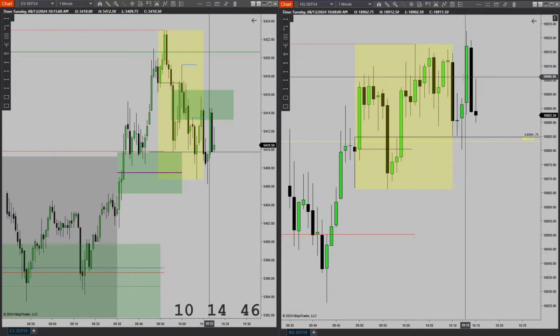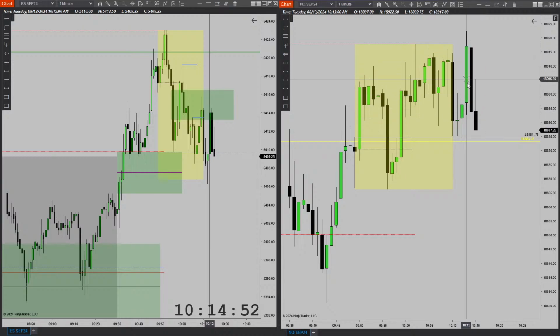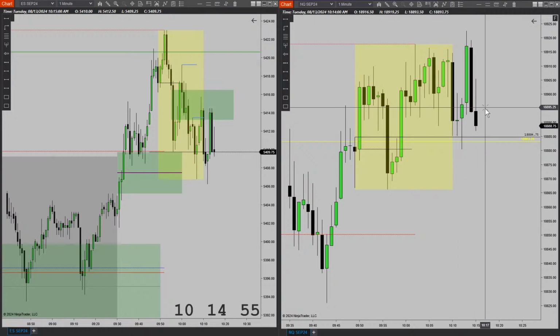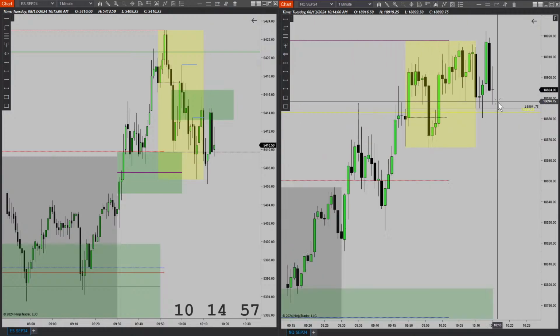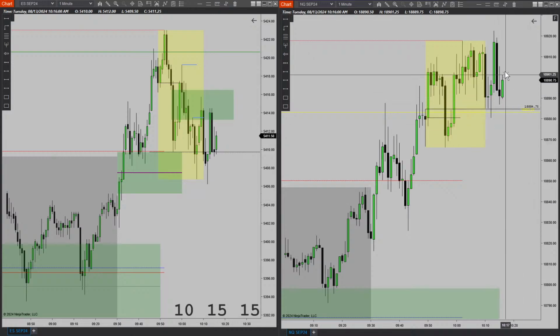Okay, I got filled. Okay, so I did get filled here, a consequent encroachment here, because I am expecting for this candle to be the Judas swing. So now, if I'm right, then I would like for price to immediately draw lower, and I'm going to put my stop actually above 5.25. And if that's it, then I will go ahead and call it a day. Actually, during the 11 macro. Let's see here. Okay, so I got my stop set above here, and that's fine. It's only a micro.